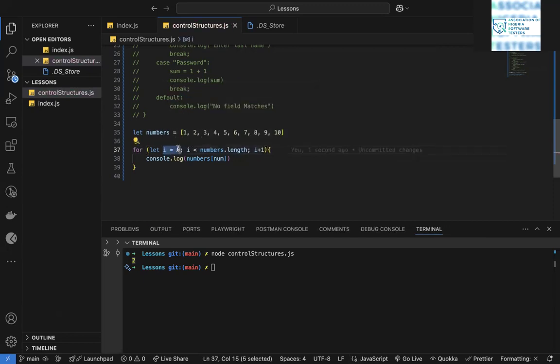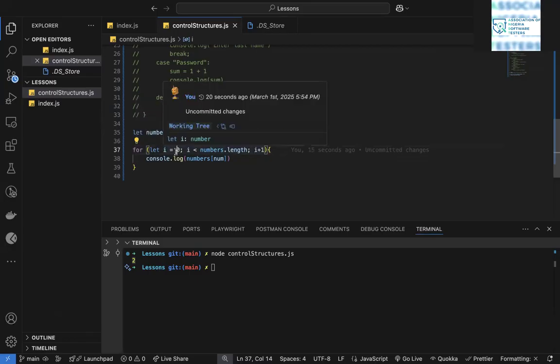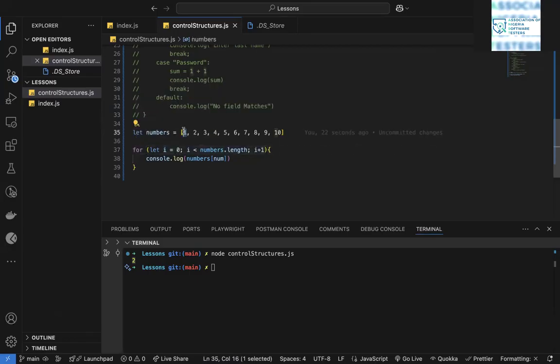So in the first stage, i is 0, meaning this loop is at position 1, because we remember that an array is index based and the index starts from 0. So at this stage, i is 0. So the first time this loop runs, i will be 0, and that will be index 1. Let's see that in play. Let's say I want it to just loop through this array and print the values at each position. So if I run this now,